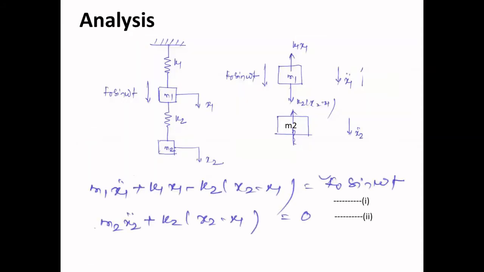Now let us come to the analysis part of this vibration absorber. Here you see that there is a main spring mass system and an additional spring mass is attached with this. This part is called the vibration absorber. Now, in order to analyze, we have to write down the equation of motion of M1 mass and M2 mass, where the main mass system is subjected to external excitation force Fo sine omega t.